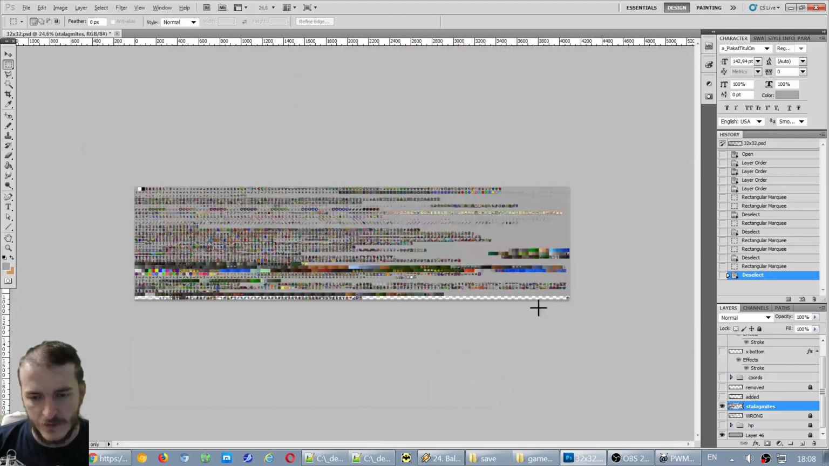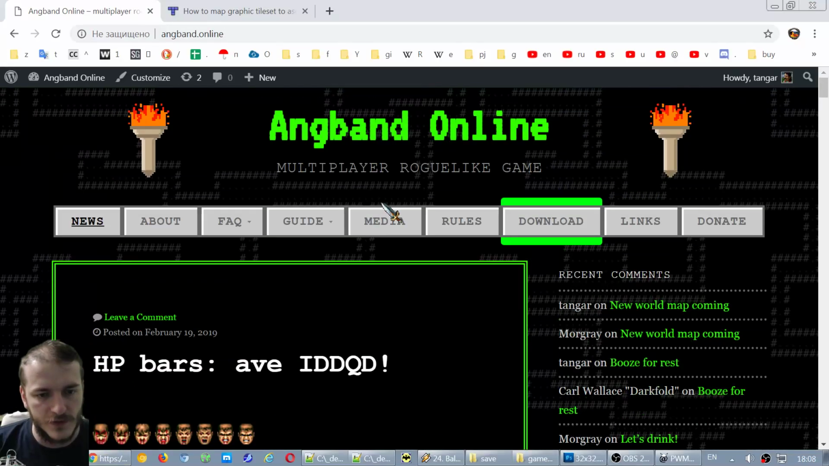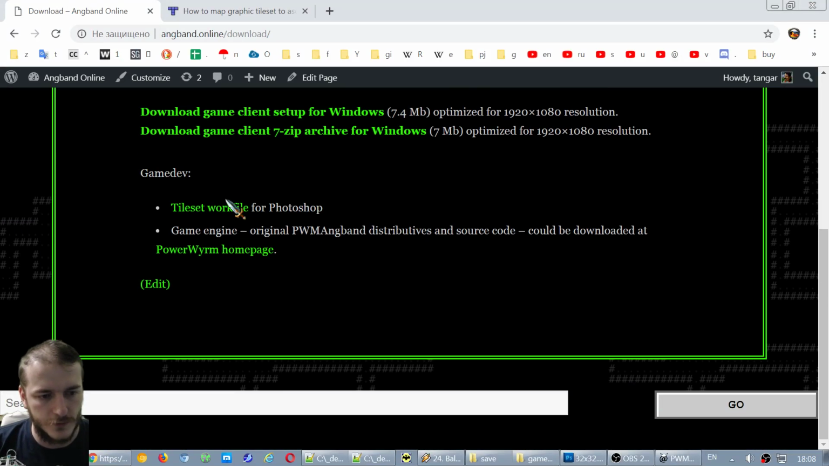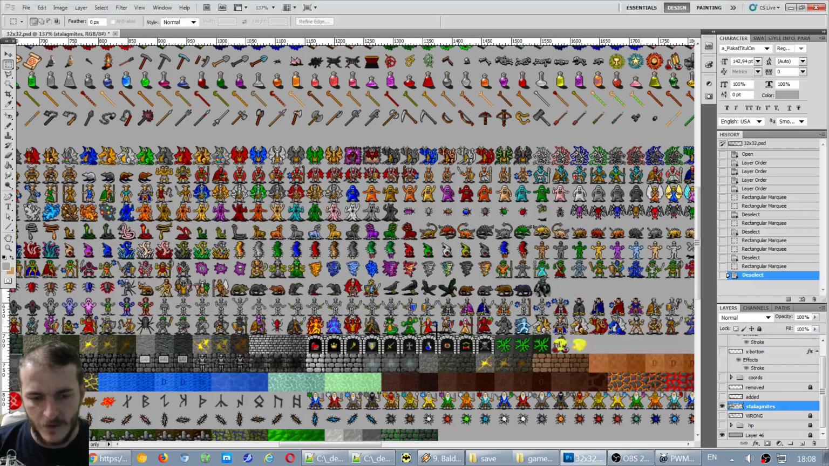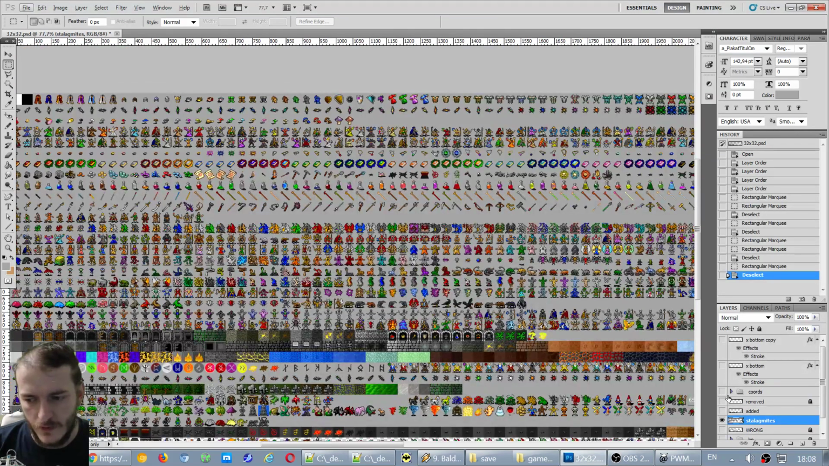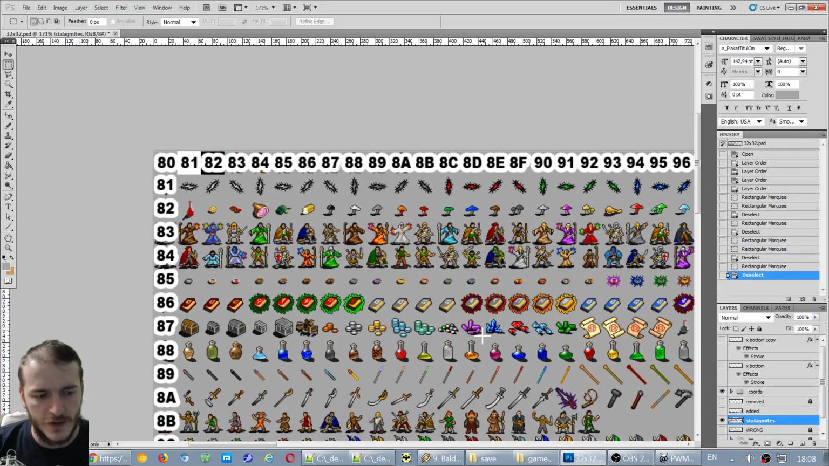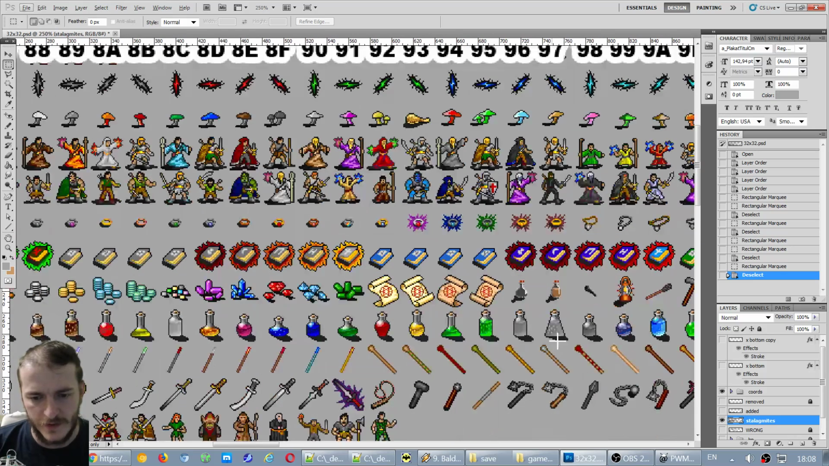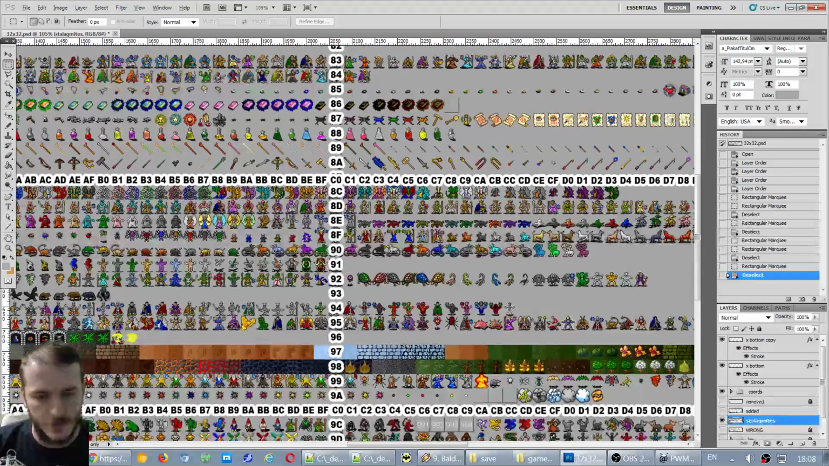So this is the TILESET, and by the way, I share it on the Angband Online website in downloads. You are free to download this TILESET work file for Photoshop, and you would have these beautiful coordinates. With these coordinates, it's really easy to map this TILESET. It's just very cool to have them. So yeah, it's very easy to find a certain